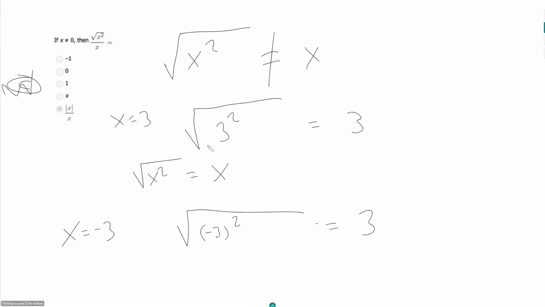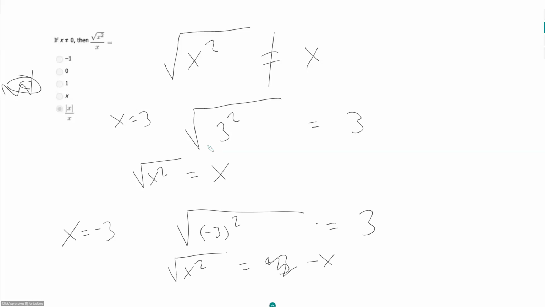However, in this case, the square root of x squared is equal to negative x, because